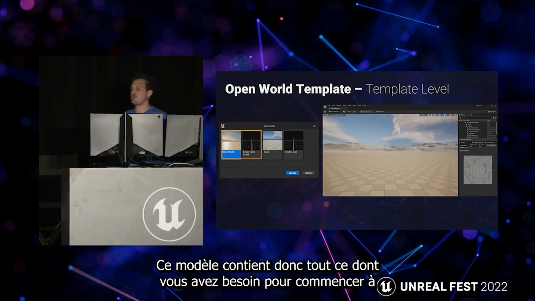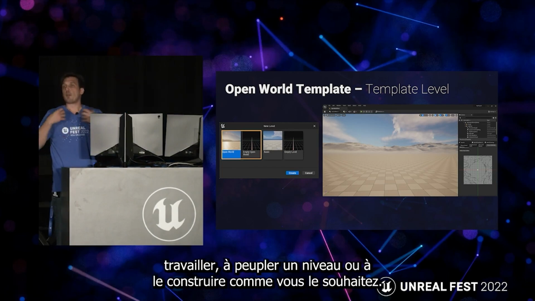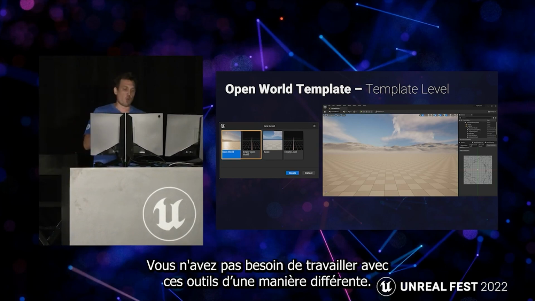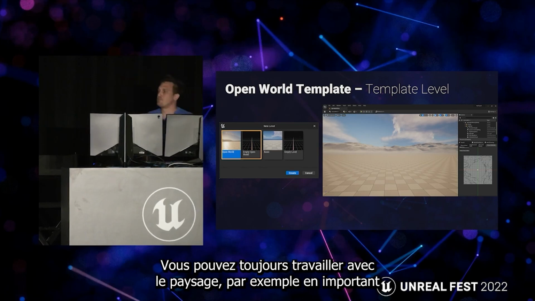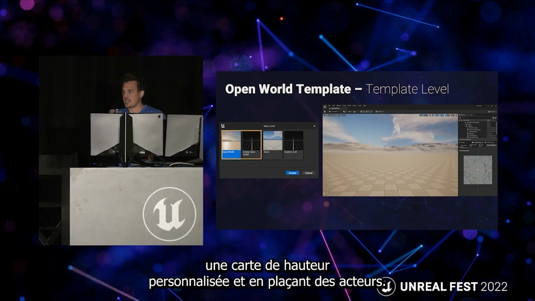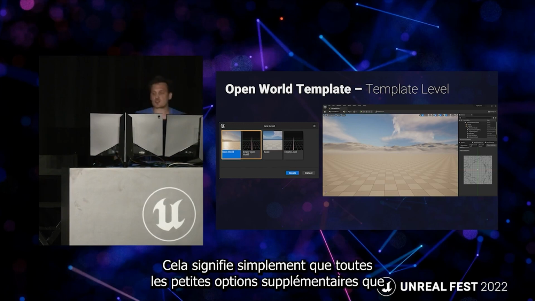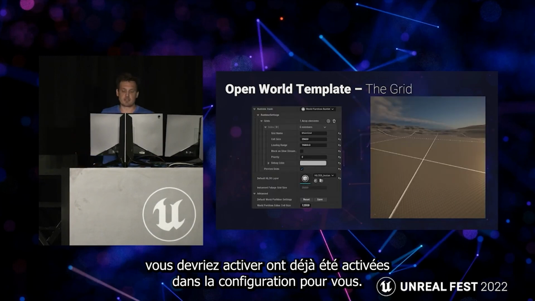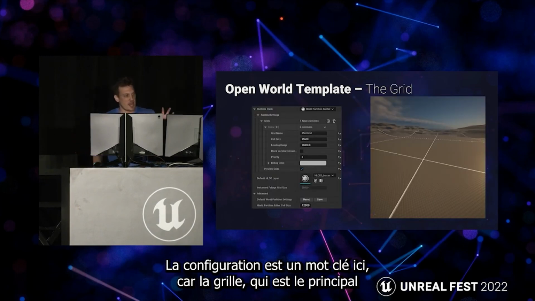So basically, this template has everything that you need in order to just get started working, populating a level, or building it out the way that you want. You don't have to work with these tools in any different way. You can still work with the landscape by, say, importing a custom height map and just placing down actors. It just means that all of the extra little options that you would need to enable have already been enabled in setup for you. And setup is a key word here because the grid,